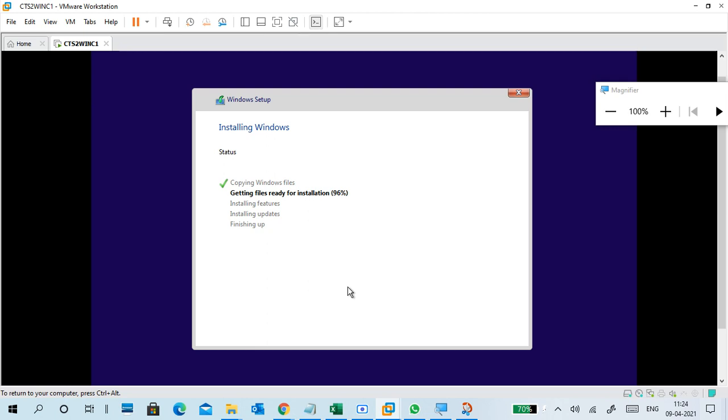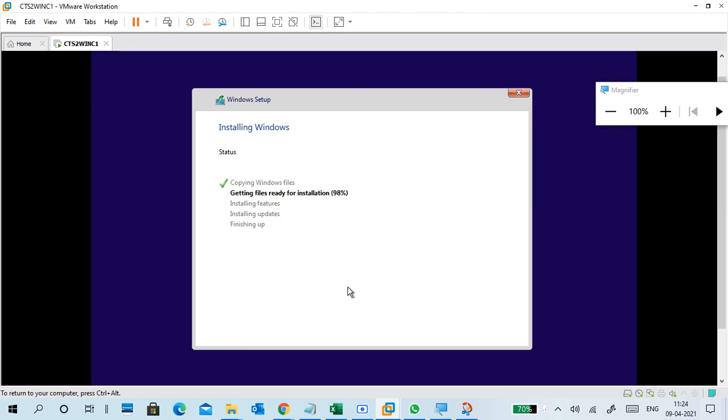Sir, is it okay to go with BIOS in place of UEFI? No problem, BIOS is also okay, but UEFI is a new feature. By default it is UEFI, so why should we need to change? Not required, sir, but in my laptop, the UEFI option was not there the first time.